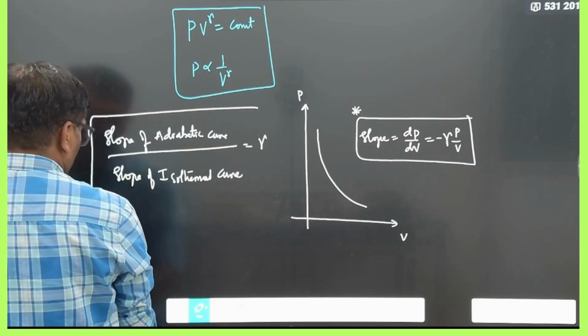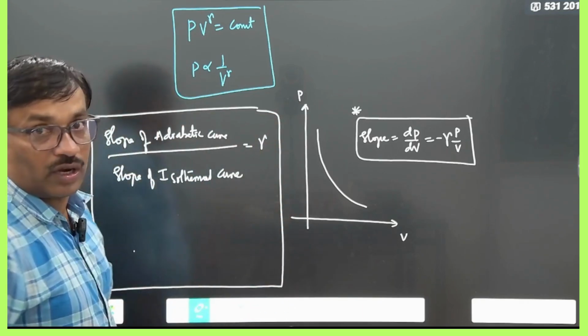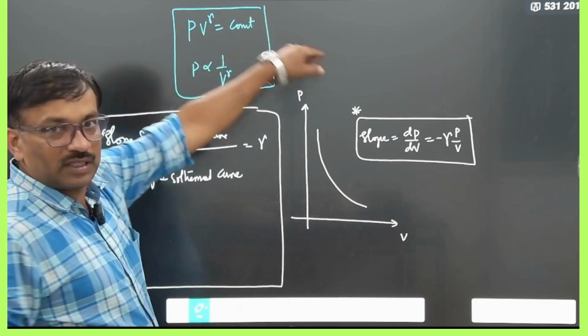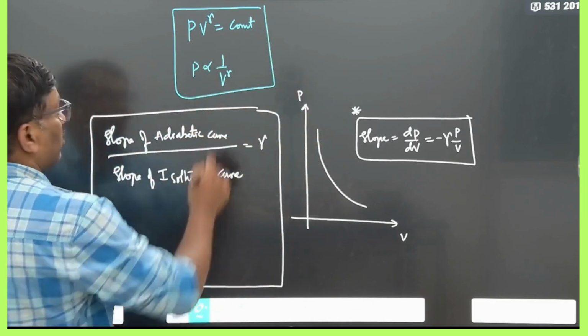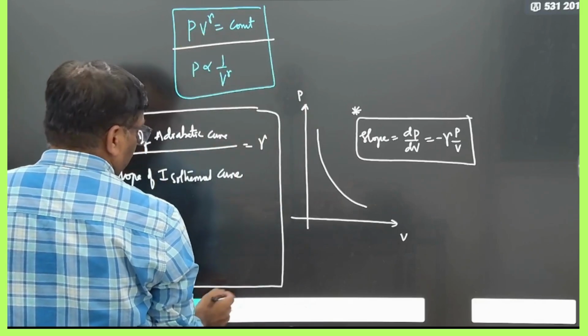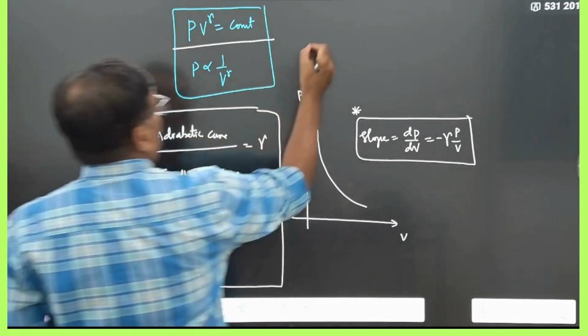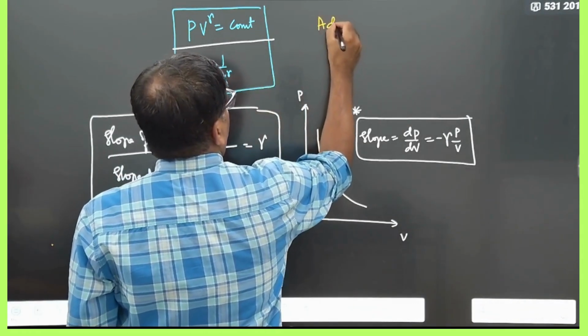Clear? One more important formula: we can rewrite it as the adiabatic bulk modulus. How to do it now? Just now, in the isothermal process, I took PV as constant, no? Like that only, just do the differentiation, and you will get one more equation here. So that is the bulk modulus, therefore adiabatic